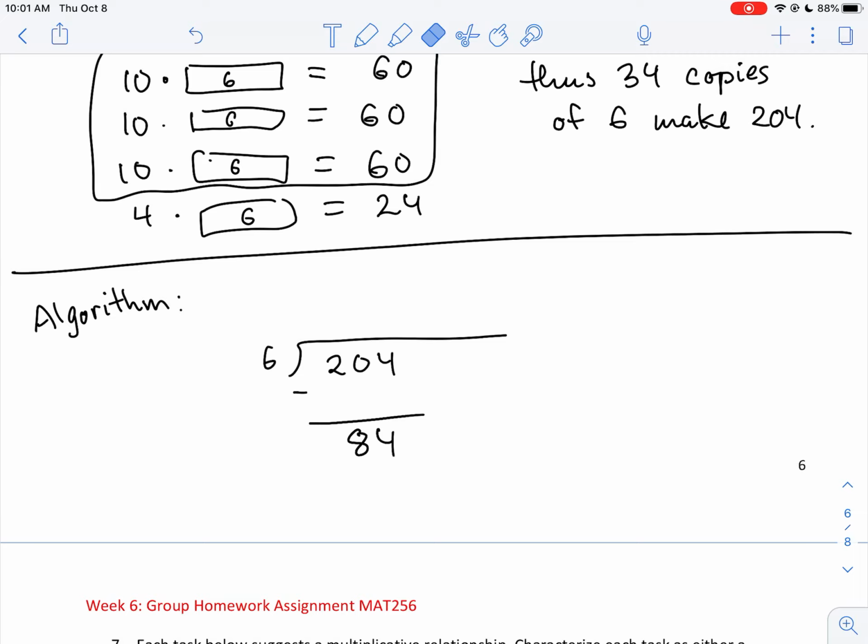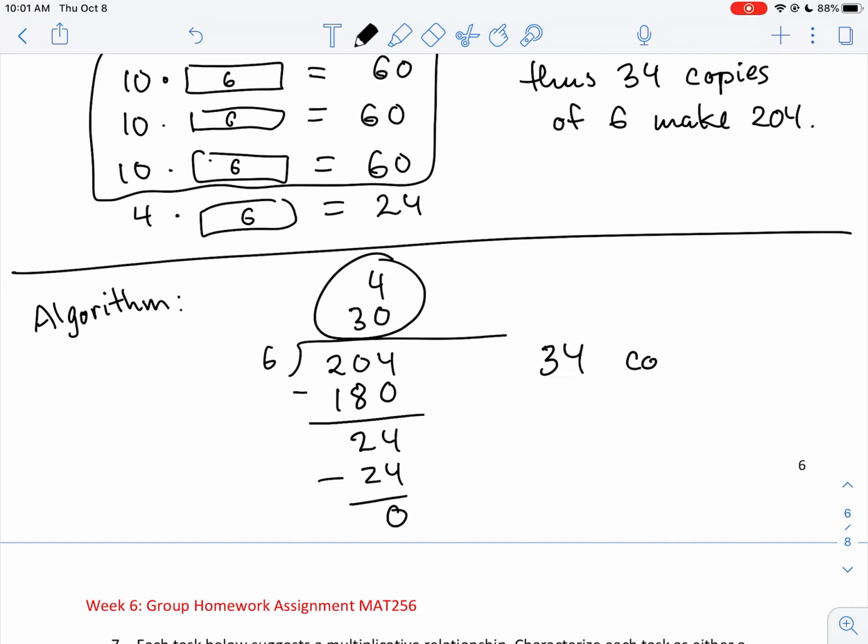Or you can do a little more efficient version of the algorithm and say, well, 36s will get us close. 36s is 180. Remove that, that's 24, and then I just need 4 more left. And 4 times 6 is 24, and that takes care of everything. And then we can see, okay, 34 6s. 34 copies of 6